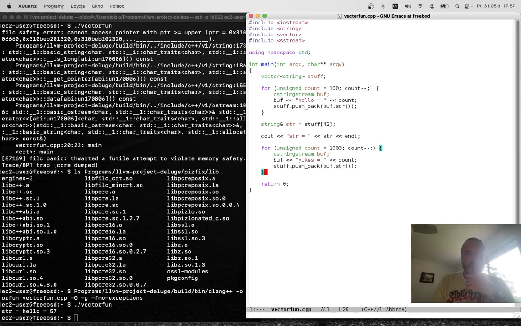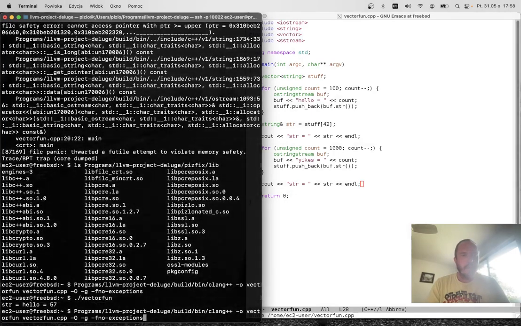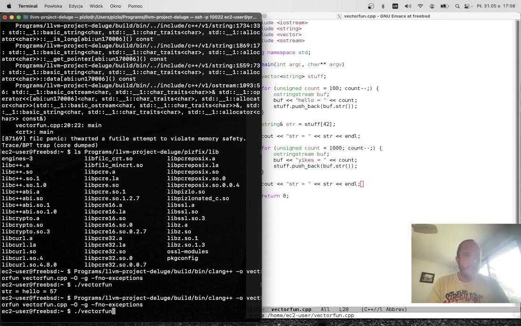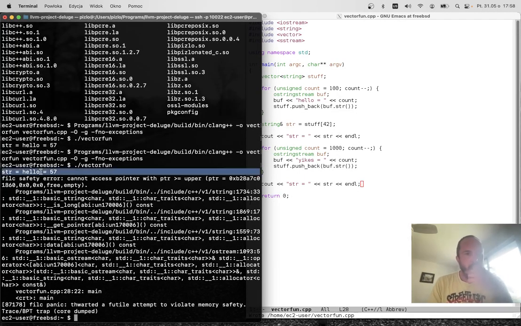Now, what's going to happen here is this vector has resized when we do this loop where we push stuff into it. But the C++ compiler is going to be totally cool with us still having this string reference into what is now a deleted version of the backing store of this stuff vector. So we're going to try to print it here, and let's see what happens. So we're going to compile it again. All right. So you can see that the first one printed just fine, but then the second one gives us